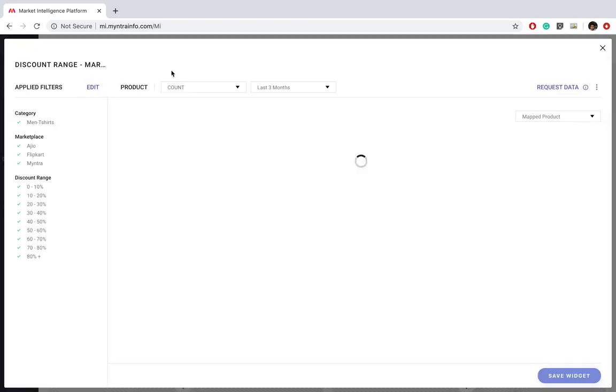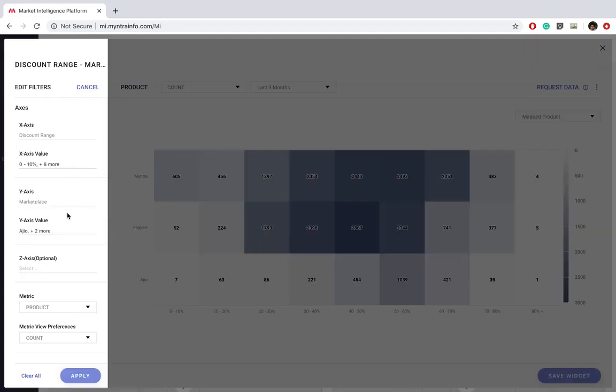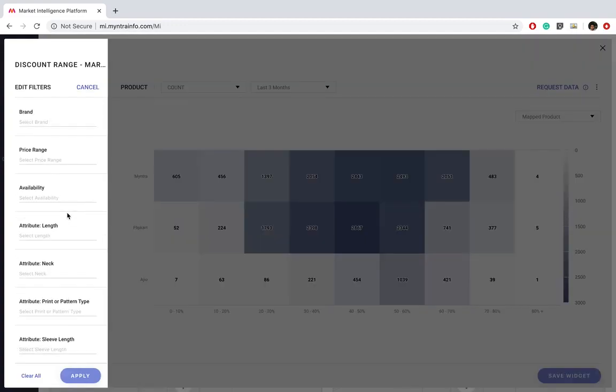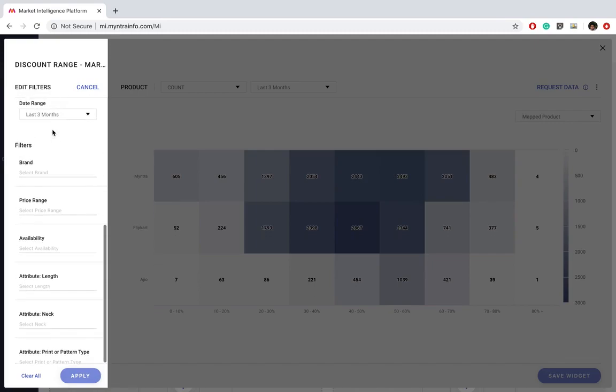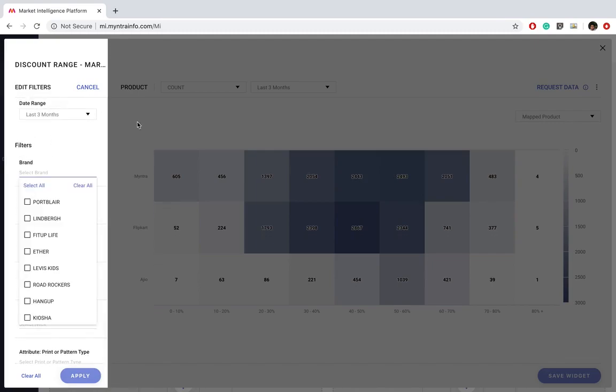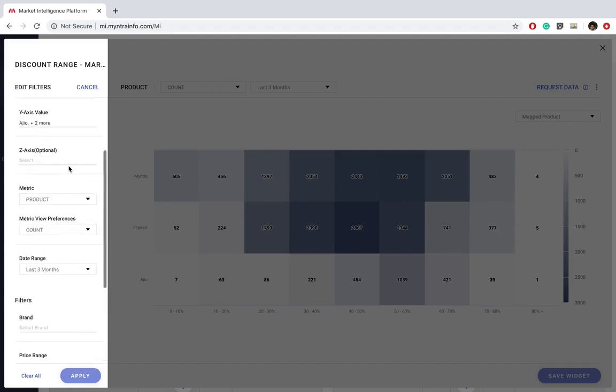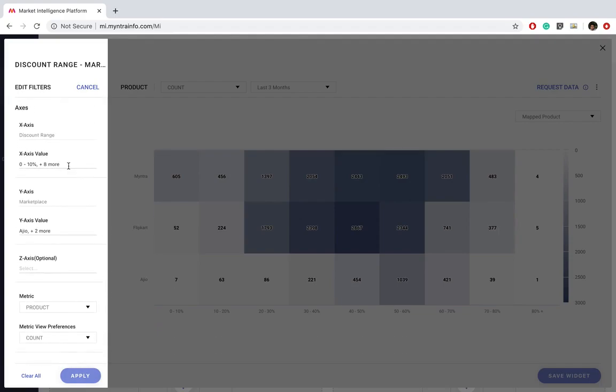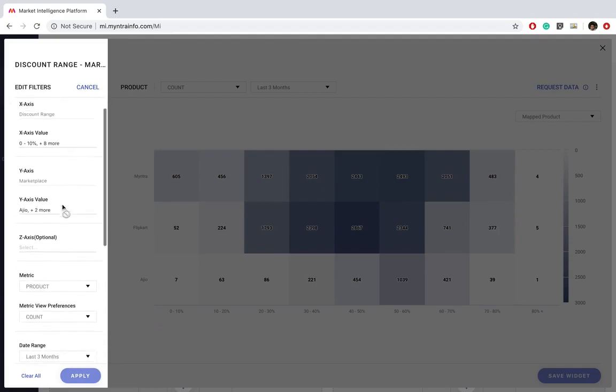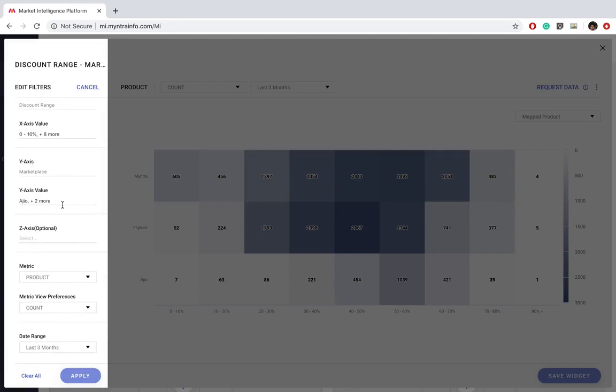Going to the widget configuration panel again, if you want to hone in on a very particular set of data points, you can do that using the various filters that we have provided here. For example, a particular set of brands maybe. There is also another use case that we have solved for by introducing the z-axis. Z-axis is the trellis axis which enables the user to break the entire dataset of a widget across relevant dimensions.